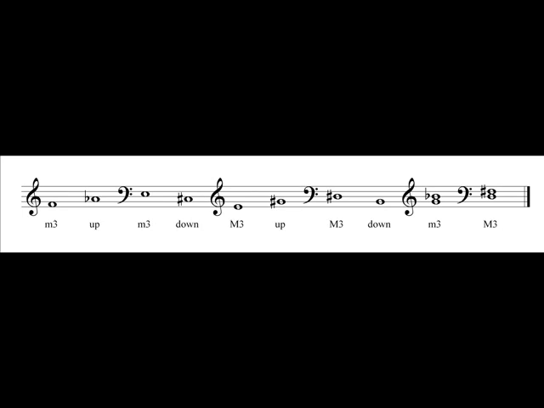The first is F4 above middle C up to A flat. The second is the E down to C sharp in bass clef, E3 to C sharp 3. Okay, comparing that with the major third, E up to G sharp in treble clef, and the major third B, D sharp down to B